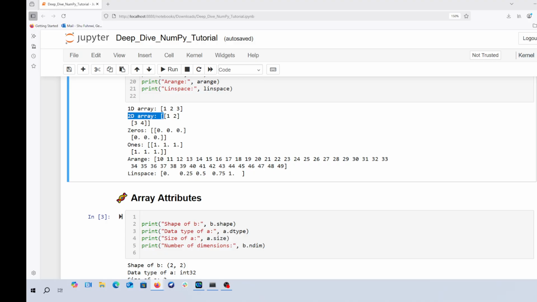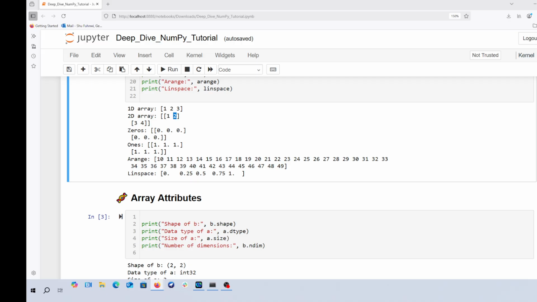This will be the first row because I print this. I will have the first row as 1, 2 in that array, and then the second row made up of 3 and 4. So what I'm trying to do is go to the first row of that array and then